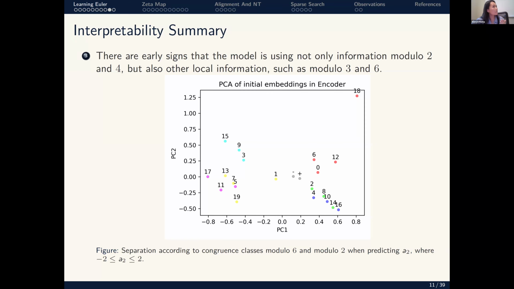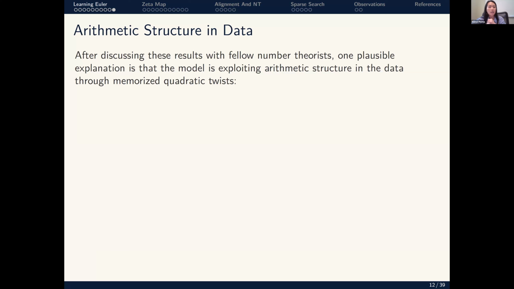At the point when we concluded the paper, my collaborators and I were not very clear on a nice explanation of what the model is doing. However, after discussing these results with a number of fellow number theorists, and if you're listening, I thank you for your help, one possible explanation, and it's definitely not certain yet, is that the